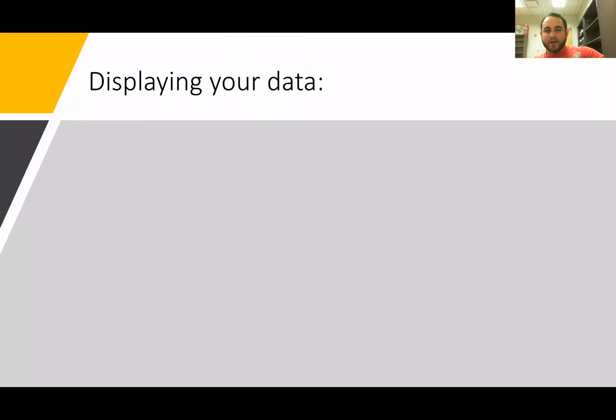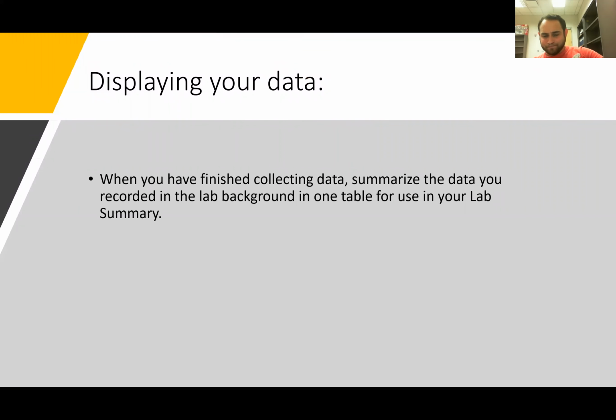And then after we did all the experimental things, we're gonna write an experiment summary and a comment with Flipgrid. Displaying your data. When you finish collecting the data, remember the experiment will be done on a separate experimental video. You'll see Dr. Shaw doing the experiment, and you're gonna have your lab background and your lab report for that day, and you're gonna be filling it in as you see Dr. Shaw doing the video. After that, you're gonna end up with a lot of tables for each type of food. So what you're gonna do is compile all those tables into one big final table, and that's what you're going to include